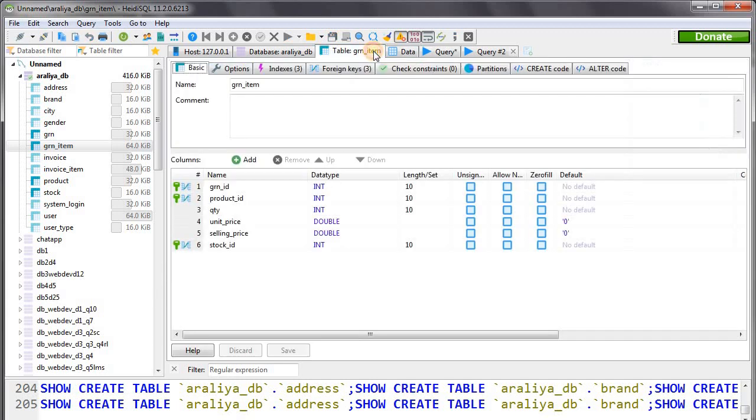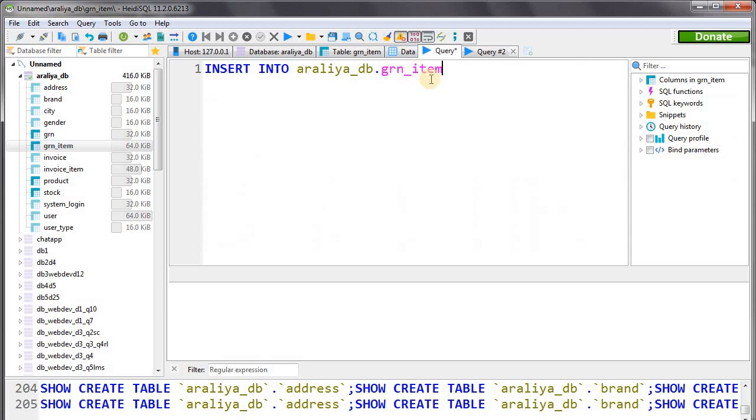In this case you can see there are no auto incremented values, so we have to enter every piece of data. If we enter every piece of data, we don't need to specify any attribute names, so we can skip these brackets and directly enter our values.